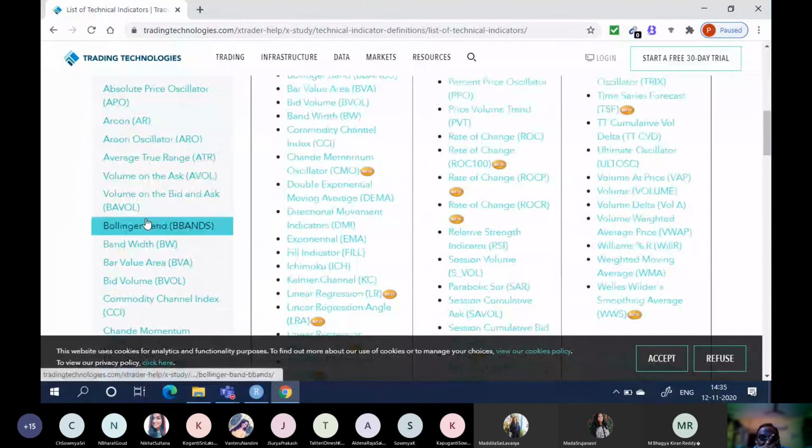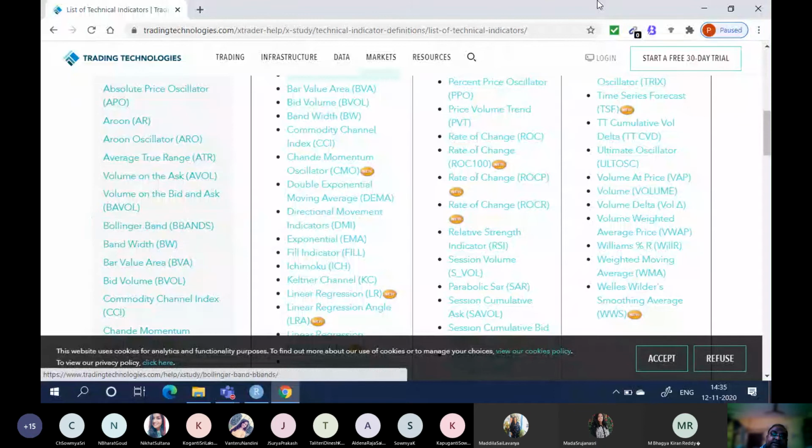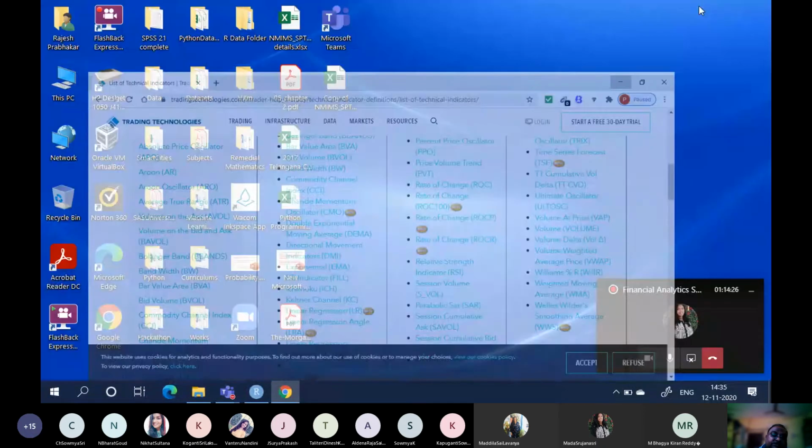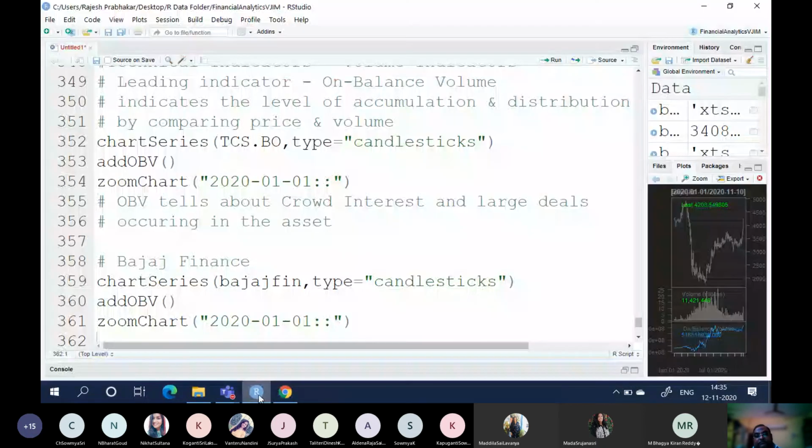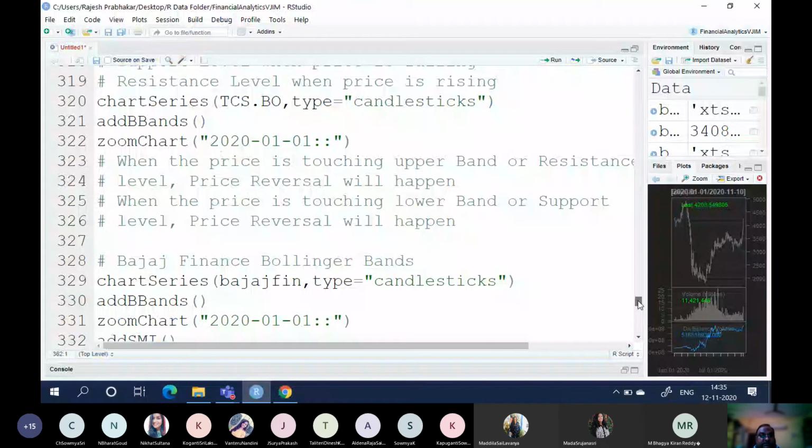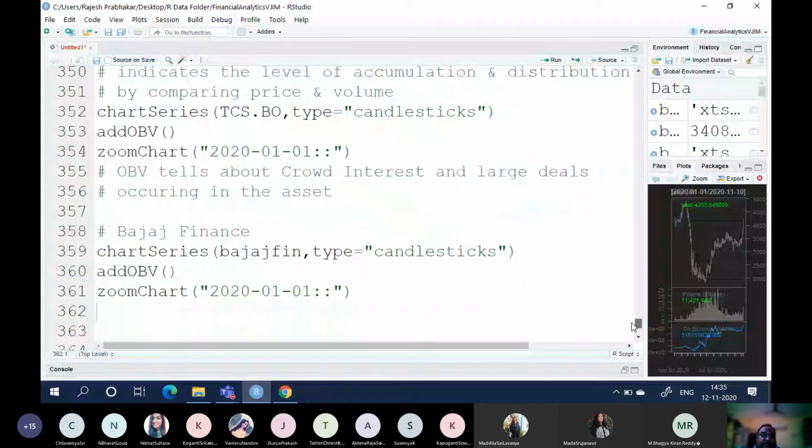So in your project, I'll give you 4 or 5 indicators which are not taught by me, so that you can read, understand and interpret. In the project which I'm going to assign, you will get all these indicators. We have done 8 indicators here, and I will add 5 or 6 indicators which are not taught by me, but you have to read them.